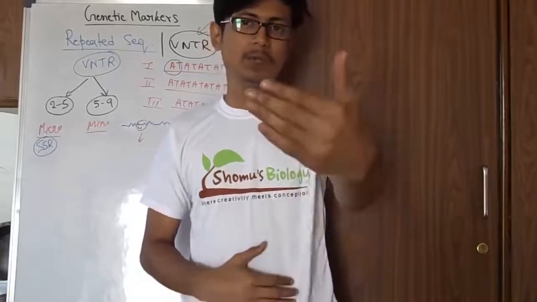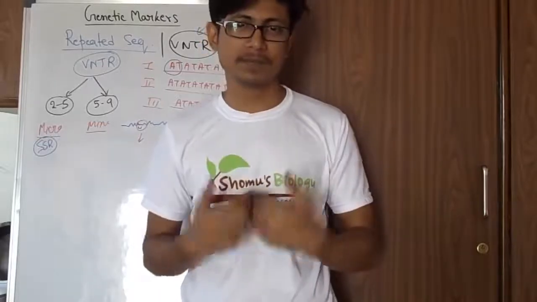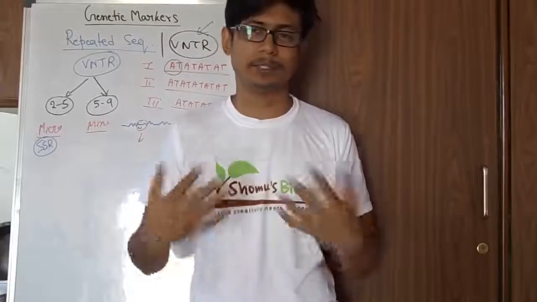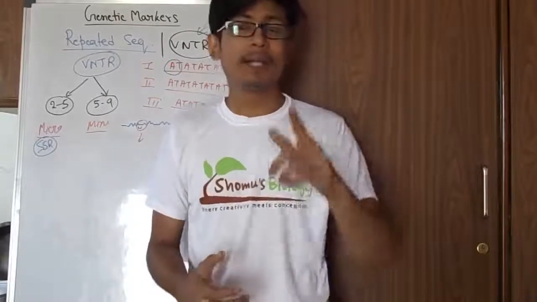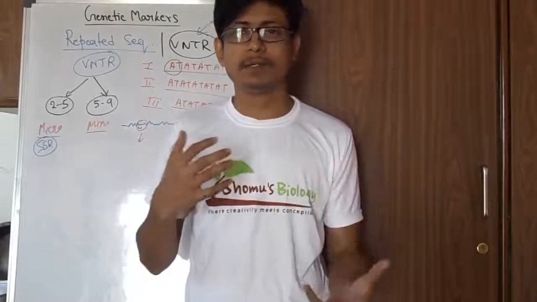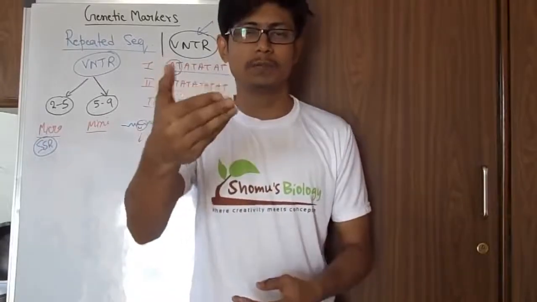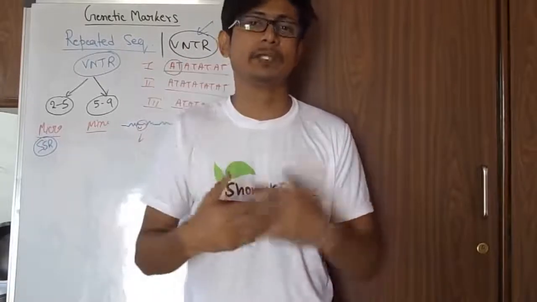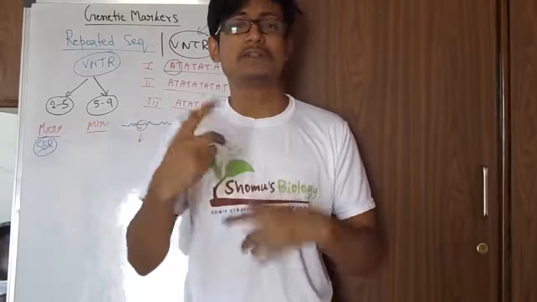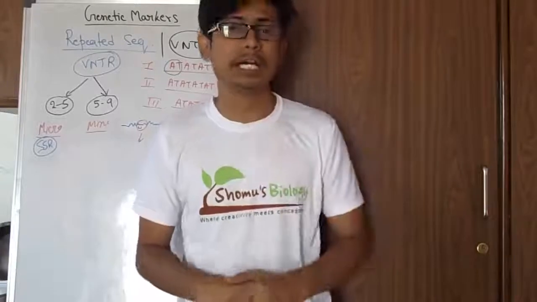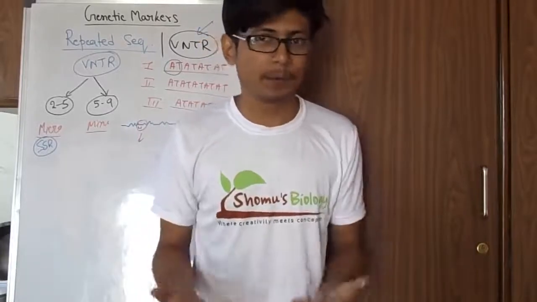So let's say in you and in me, our genetic material will be very similar because we are human beings and the same group. But if you take the DNA and check it, you'll find the repeated units in your genome vary from the repeated units present in my genome. So these variable repeated units of nucleotide sequences are very important to figure out the genetic makeup of our body.